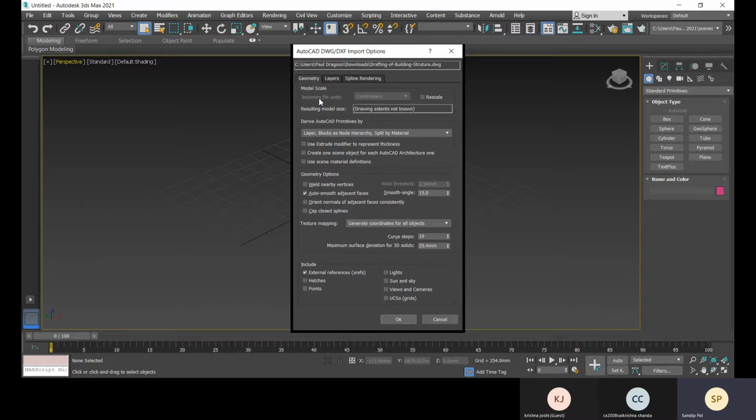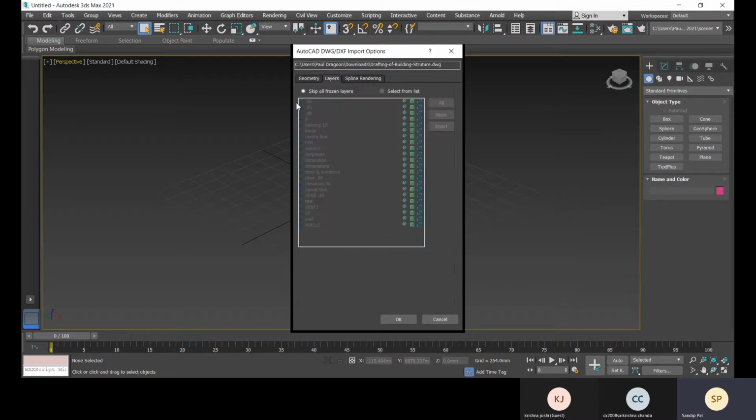If you need to change the unit, then only check this rescale, and then only rescale it, according to the DWG unit, and here you will set. According to that, it will scale. I don't need to change it, so I won't.